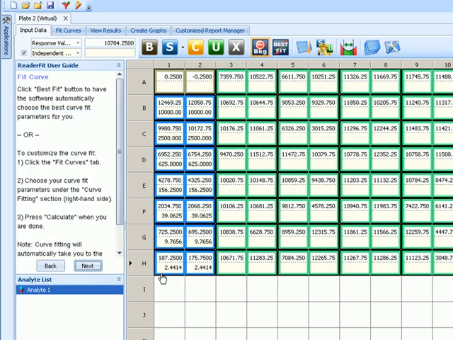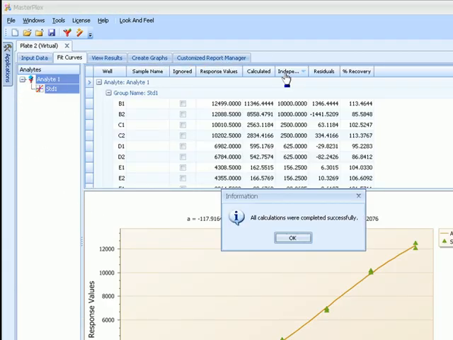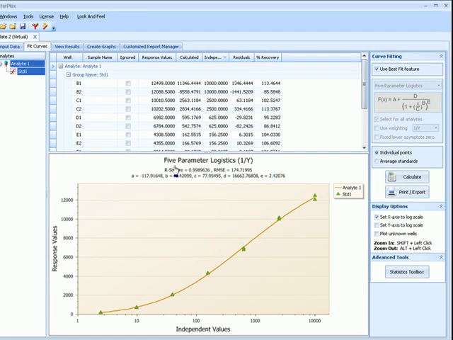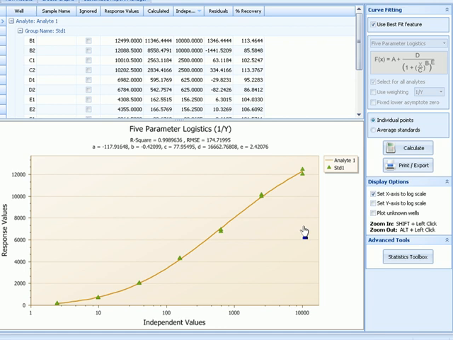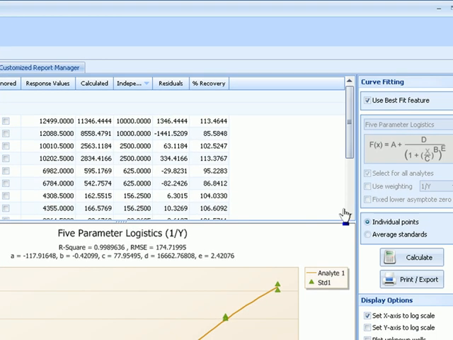So, like I mentioned before, you can let the software do the work, or you can do some manipulating on your own in case your kit requires a specific algorithm. In this case, I'm going to go ahead and select best fit. The software quickly fit our curve, selected 5 parameter logistics with 1 over y weighting. As you can see in the curve, it shows your R square values, your root mean square error value, and a couple different parameters. These parameters A through E can be input into your 5 parameter logistics